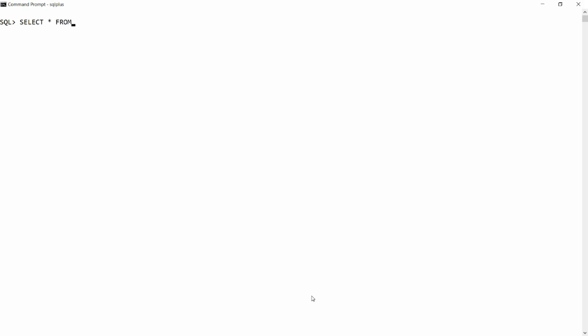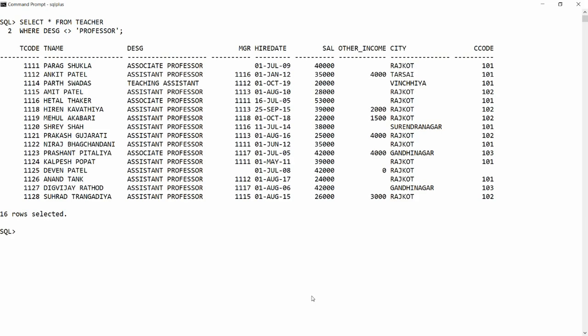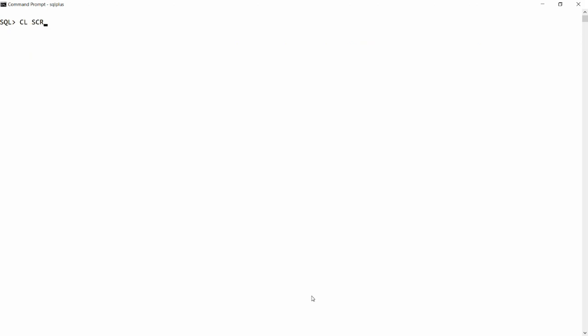For example, if you think that I want to retrieve the data of all teachers whose designation is not equal to professor, right? So it will simply discard the records of the professors and retrieve all the other records, right? Either it can be associate professor or assistant professor. But if you think that I want that this should not be in a pattern, right? So you can simply write NOT LIKE